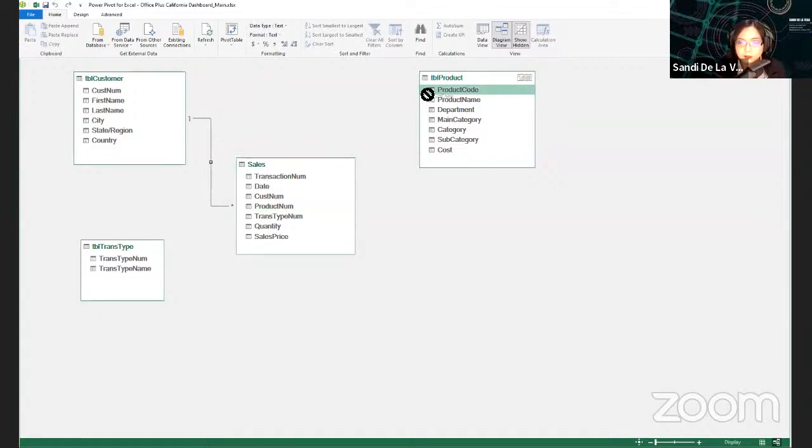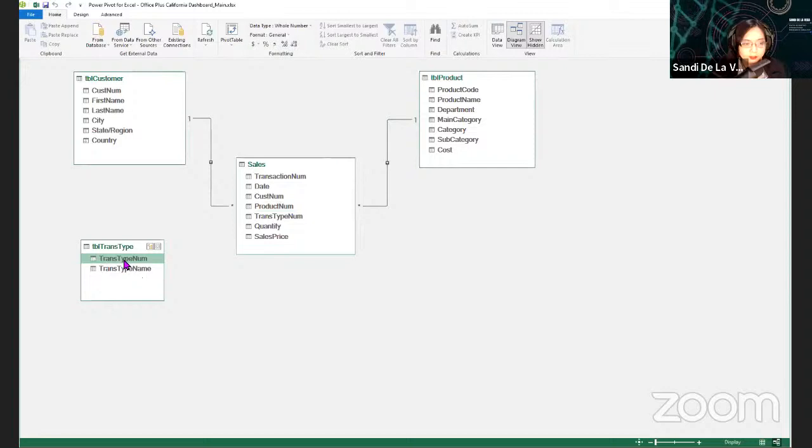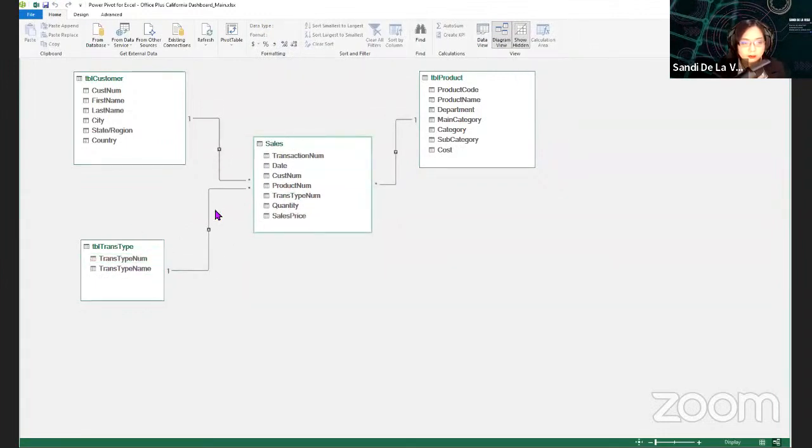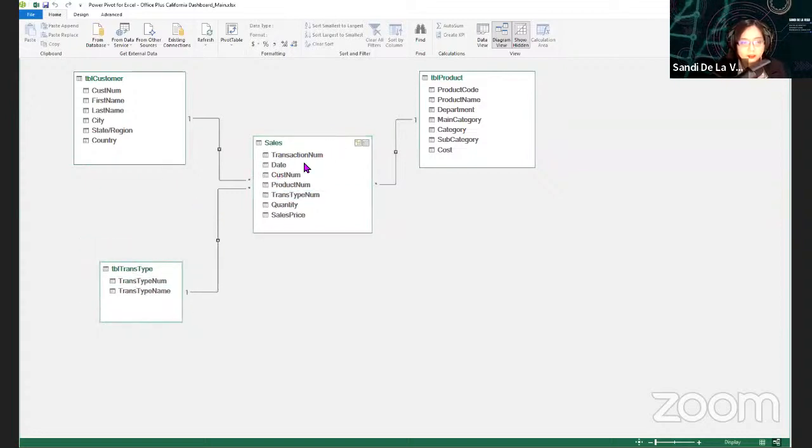So select product code in the Product table, then go to product num, just drag it correctly. Then it will now create another relationship from this table. Then another relationship such as trans type, select this trans type num, then go to the trans type num in the Sales table. So all of the tables are now connected with the one-to-many relationship, and it has a star schema layout. That is what you will find in a relational database.